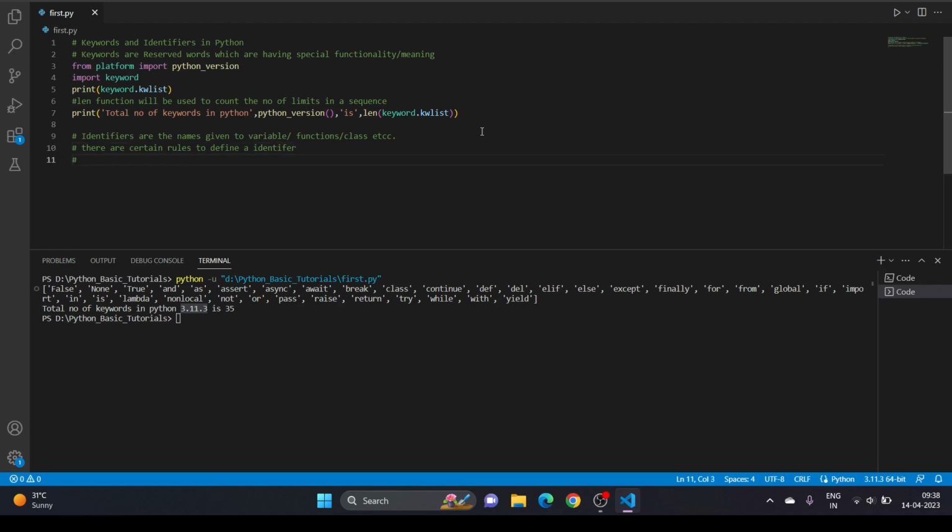The important rule is keywords cannot be used as identifiers, because keywords are special, having special functionality and meaning. Hence you cannot use keywords as identifiers. So this is the first rule, and the second rule is identifiers are a combination of